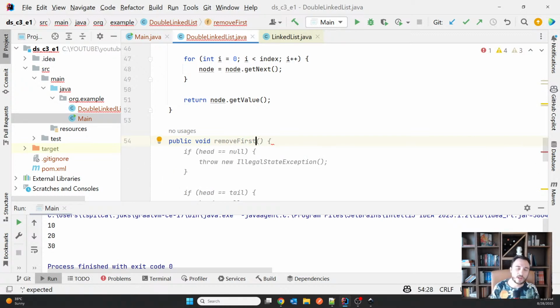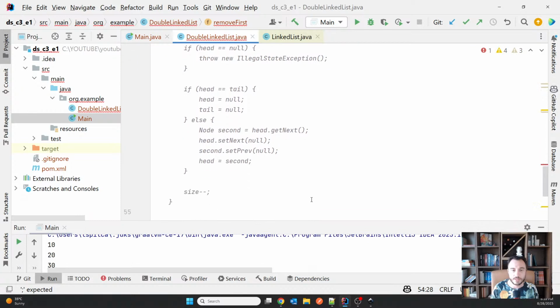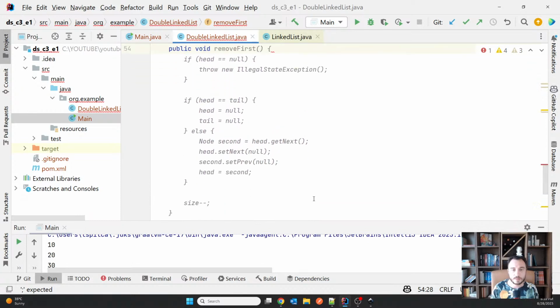Let's actually remove, I will remove first, remove last. So first of all, we can remove first and last, and then we can discuss removing at a specific index. Because maybe you will see actually that it's not that difficult for some of the cases, and that's why again we will figure out it makes sense to use this kind of